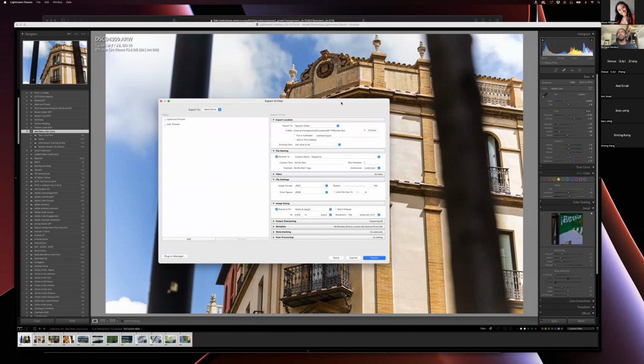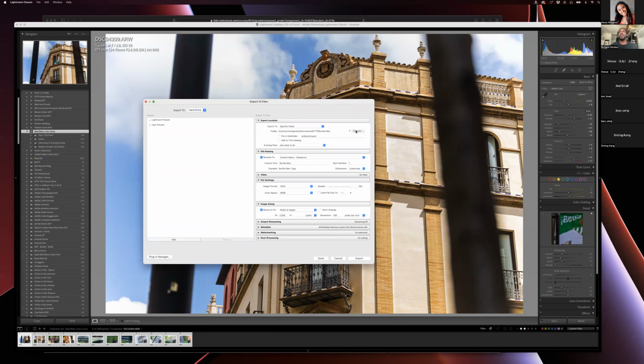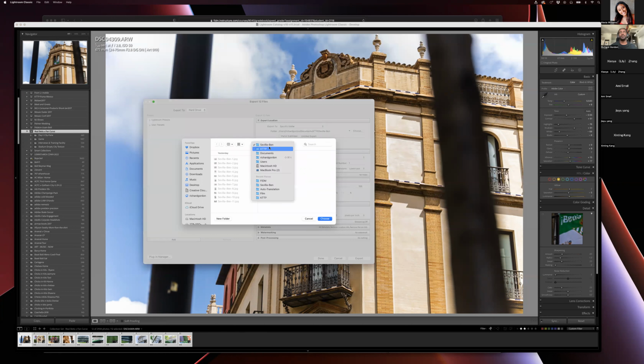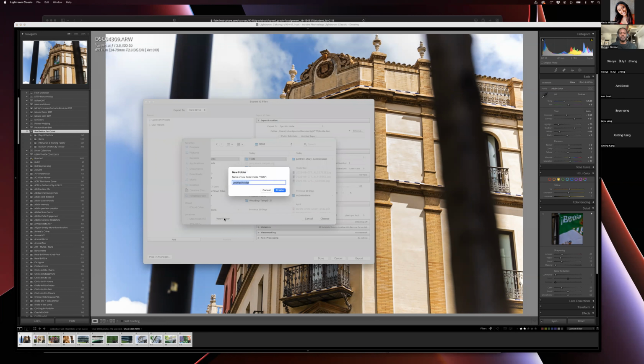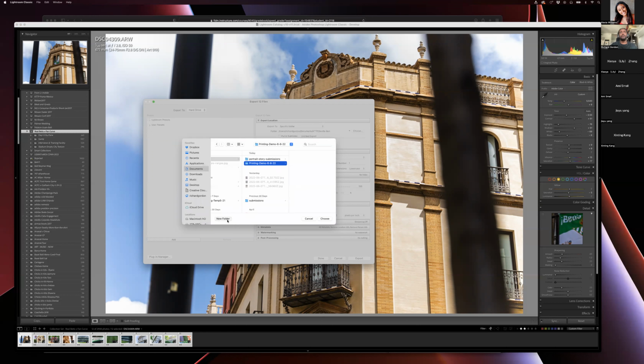This is where things slightly change. We're still going to do all the same things as before. We're going to find the section in which we're going to put these photos. So I'm going to go to my folder where I want to put this folder. I'm going to go documents, going to go to FITM, and I'm going to create a new folder. And this is printing demo. You guys are going to name your folder according to what your thing is. This is for me, printing demo. The date is 6/8. Okay, and then I'm going to do a new folder and I'm going to name the folder for print